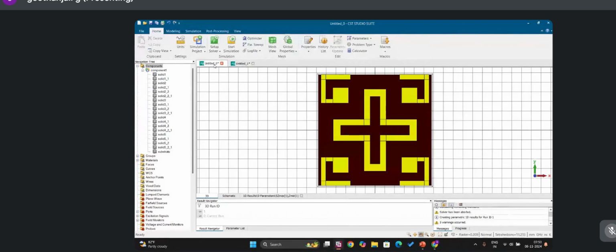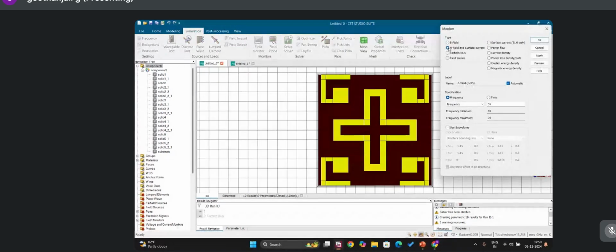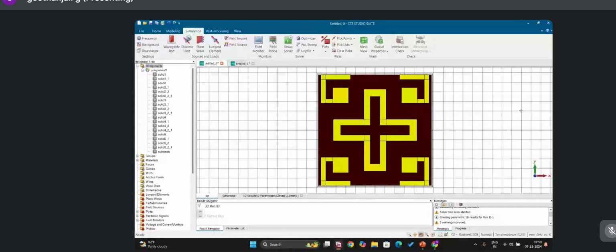Okay, we will start with the band stop FSS because, as I told you, this resonator is responsible for the higher frequency, and this resonator is responsible for the low frequency. We can see the surface current by going to simulation, field monitor, and selecting H field and surface current. I think the frequency is